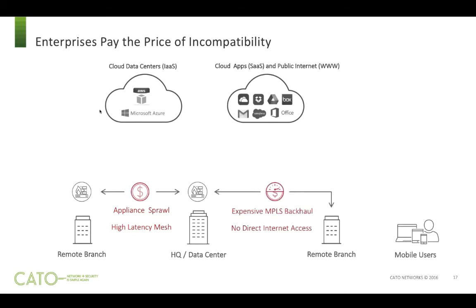The second group of organizations are the ones that use MPLS to backhaul traffic. So they connect all their branch offices over MPLS and exit through a main exit point with one big firewall where they manage all the security. The problem here is MPLS is expensive. It takes a long time to deploy MPLS in many cases, and those users behind those sites, they